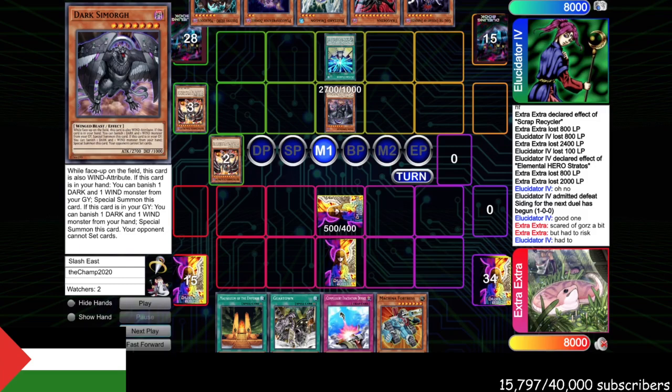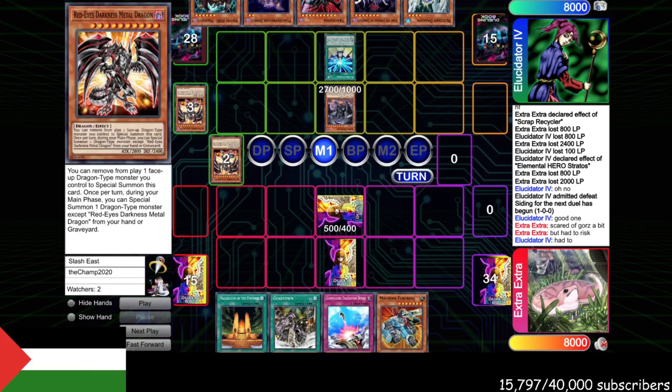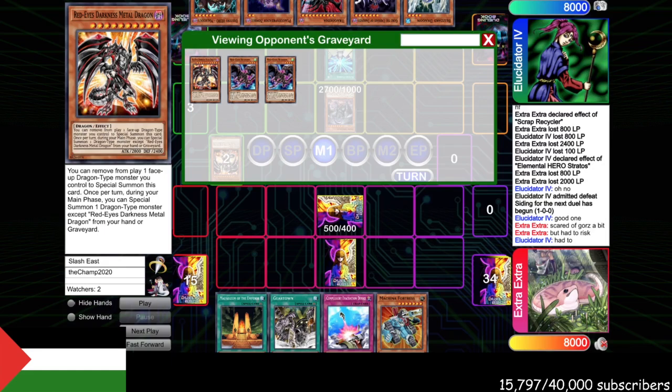I kind of just let it happen, I believe. Yeah, I just let it happen because I still need to save the Torrential for that Red Eyes resource. I don't understand going for the Dark Simorg as much as I understand just going for the end phase Red Eyes. But maybe he was scared of something like Bottomless Trap Hole. But even that doesn't really make sense because you have so many Red Eyes. And maybe he